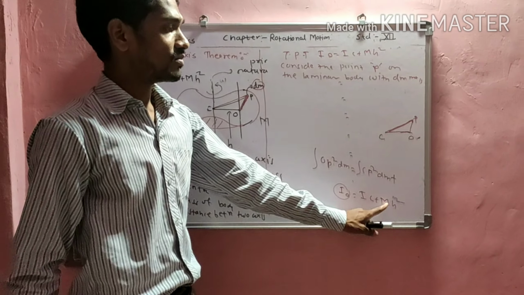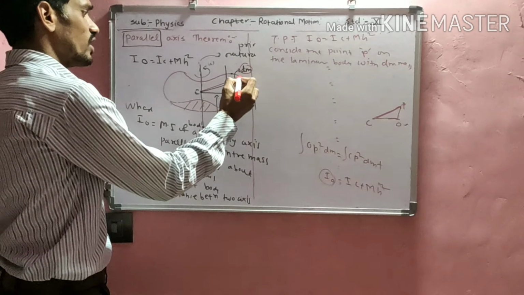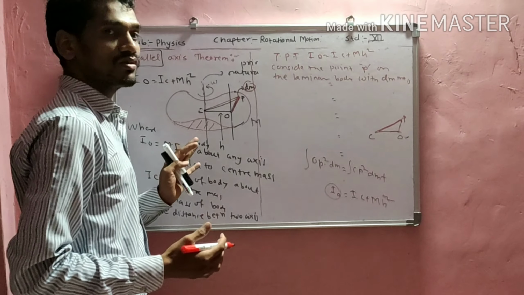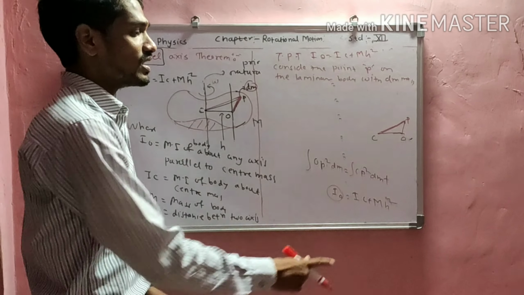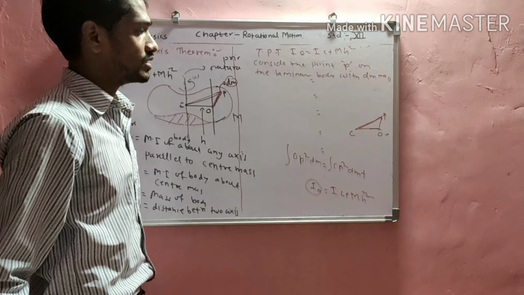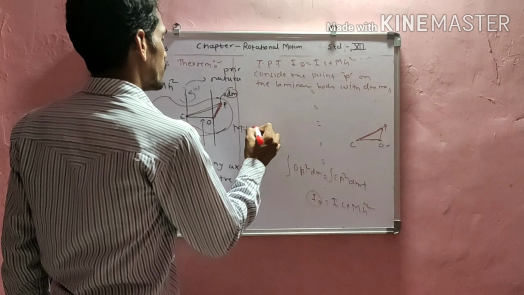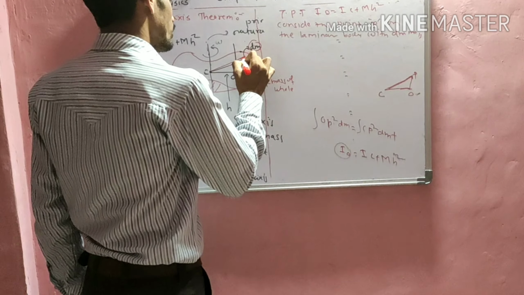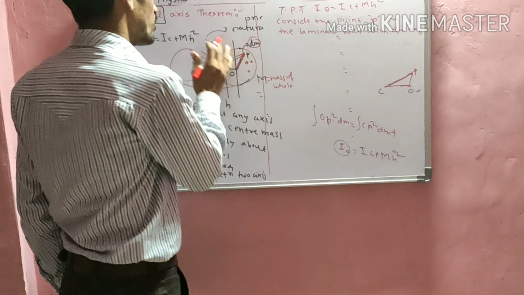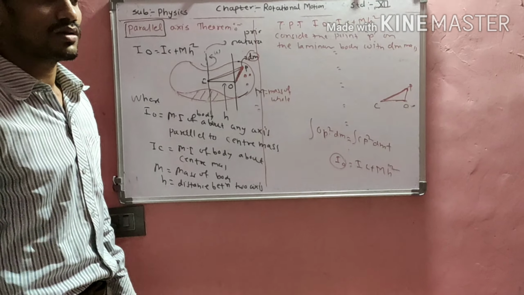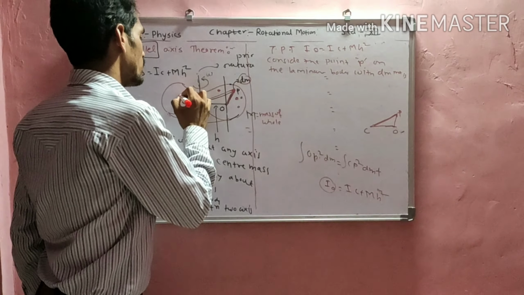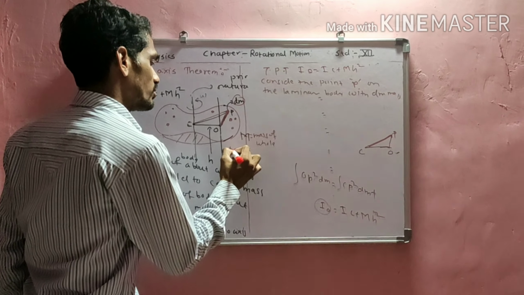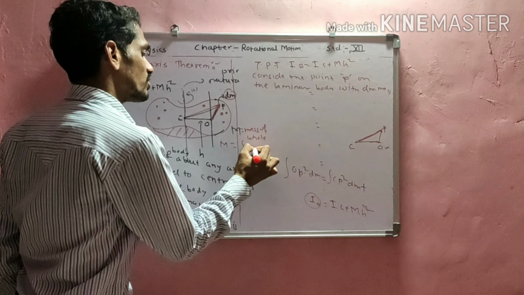Now what about M? We have this small dm, and the collection of all dm combined should be my capital M, the mass of the whole body. So this capital M should be written as integration of dm,